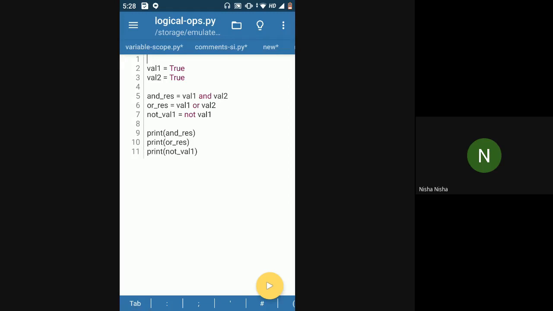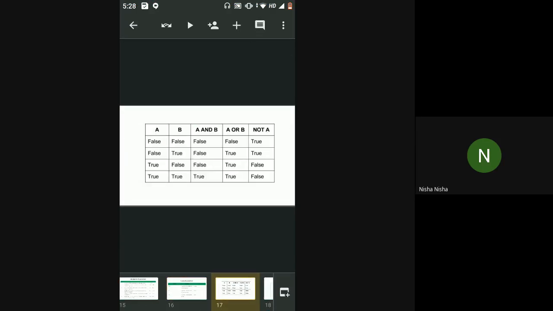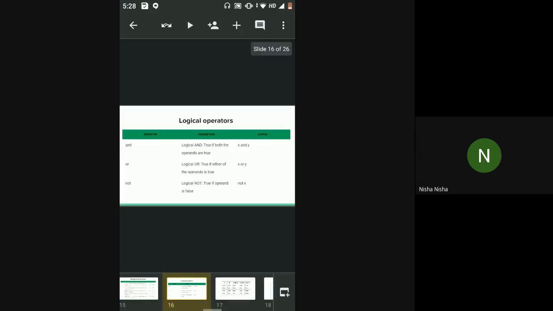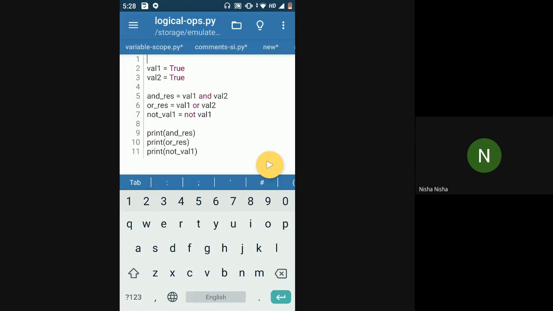Okay. So now we had discussed true and false values, right? True and false Boolean values, right? Now, I'm not sure how many of you are aware of logic gates, like A and B, A or B, and not A. So, I'll just give you a brief overview. What these three operators will do is basically evaluate the statements.